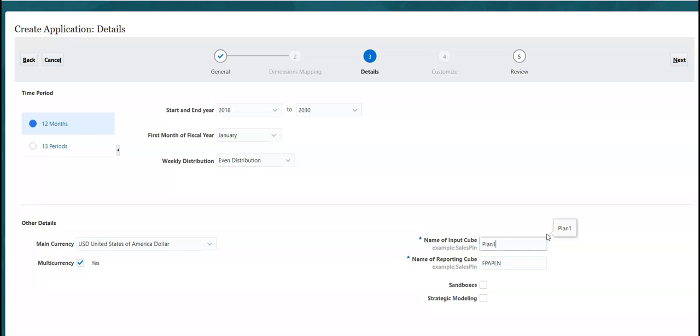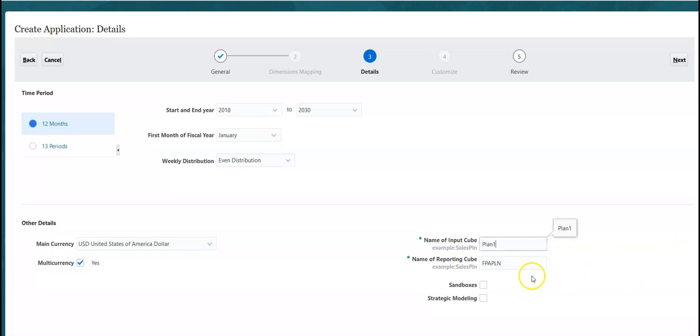Data maps are used to push the data from input cube to reporting cube. So data could be accessed for reporting purpose while planners are playing with different versions of budgets and forecasts in the input cube. And reporting cubes are designed with ASO technology. So ASO cubes are designed for faster aggregations, which will speed up the reporting performance.